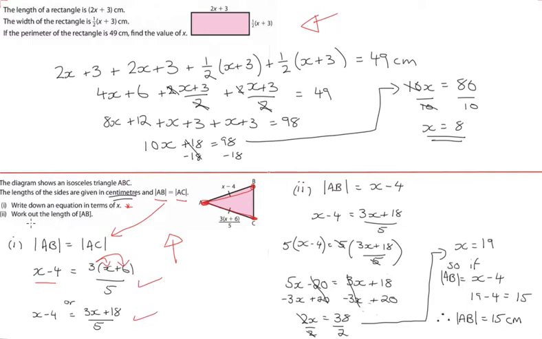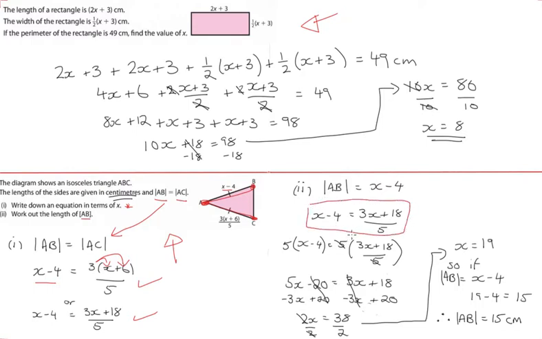Now, the second part, you had to do a little bit more. They want you to work out the length of AB. They told us that AB is x minus 4. So if we knew what x was, and then we just minused 4 from it, we would find out what AB is, right? So let's just find out what x is. So we have our equation here,